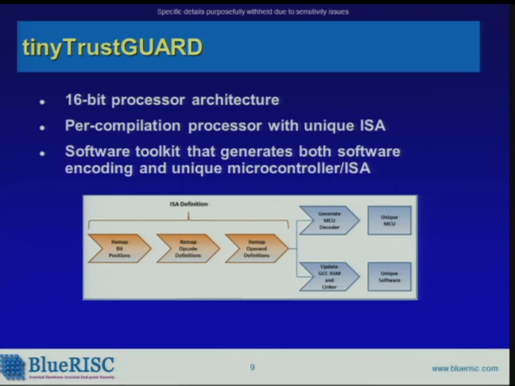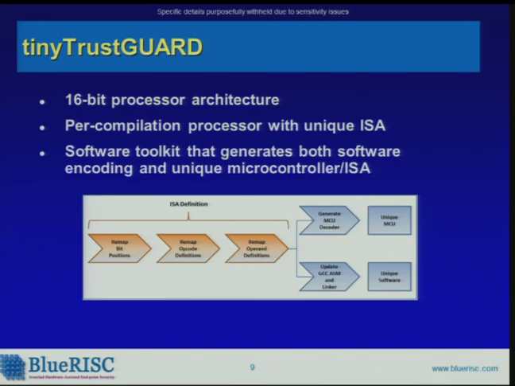This leads us to the first processor in the TrustGuard family of secure processors. We call this Tiny TrustGuard. It's a 16-bit core. Again, remember, we are targeting FPGAs. It operates on a per compilation basis. So essentially the way that this core works is it's generated by a toolkit. So we have a software toolkit that first defines an